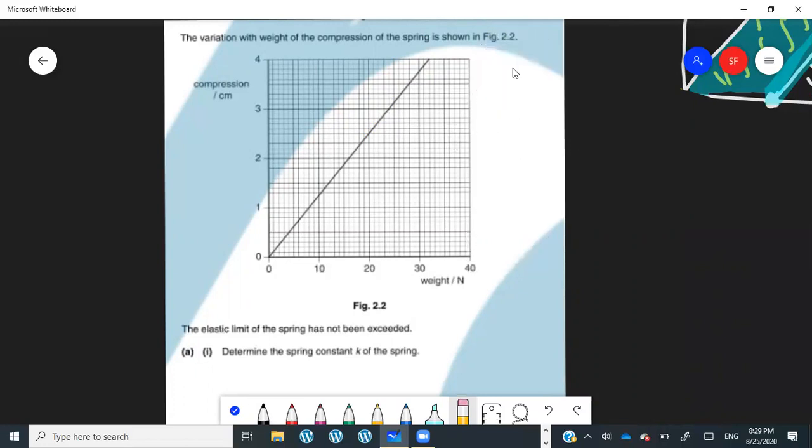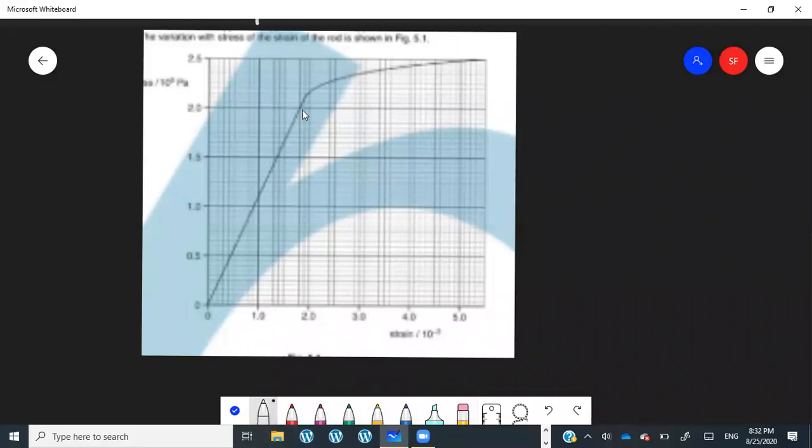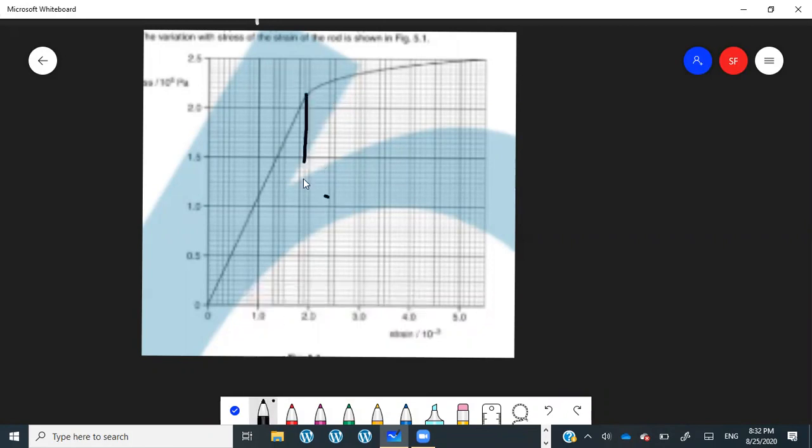Let me see if I can find another question. Basically over here, what if we need to calculate the area under this graph? The first thing is you just need to divide it into 2 parts. Get this area. This is a triangle. You can just calculate it by half. This length, which is given on the x-axis, you can measure it. It's somewhere around 1.8 centimeters. And on the y-axis, the force, and then you can calculate that.